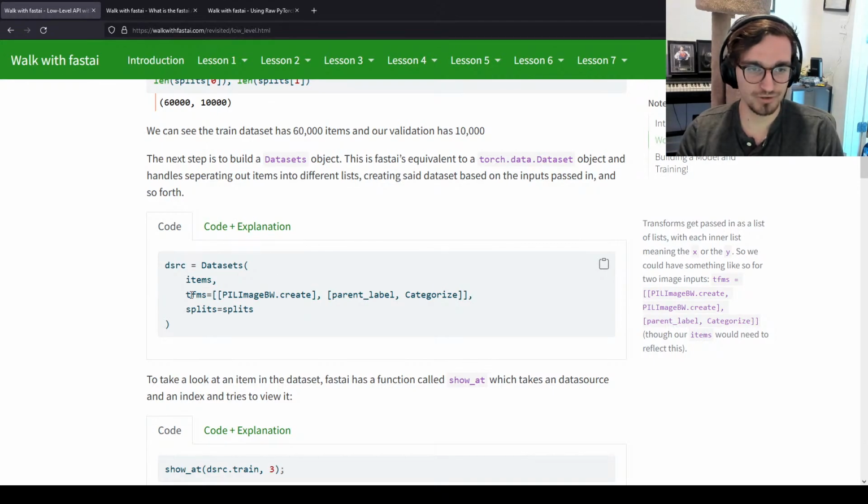So if we were to read what this is doing, we saw earlier that our X does PILImageBW.create. That's what we just did a moment ago. Now parent_label, well, before we even get to that,